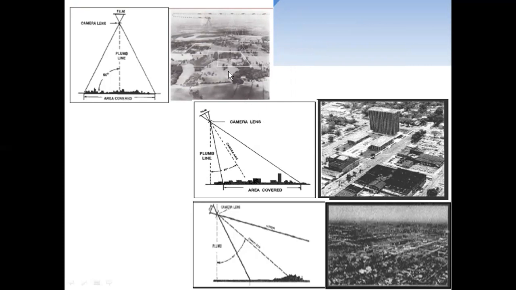Vertical aerial photographs cover a small area, and we can apply a scale. But low oblique and high oblique photographs cover a large area, so there may be fewer chances to apply the scale, and here there is no chance to apply the scale. In all three images we get photographs. Relief displacement is zero, or maybe a small error only, in vertical; here it is very high. So we compare vertical and oblique.